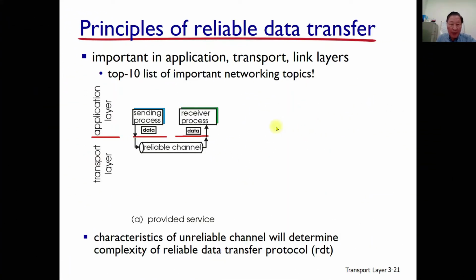We learn about basic principles of reliable data transfer. As I mentioned already, this reliable data transfer is related to TCP, Transmission Control Protocol, in this transport layer. UDP is not providing this reliable data transfer service. Thus, this one is mainly for TCP. Okay, important in application, transport and link layers, top 10 list of important networking topics, this reliable data transfer,